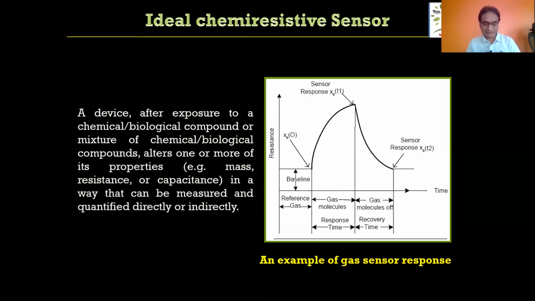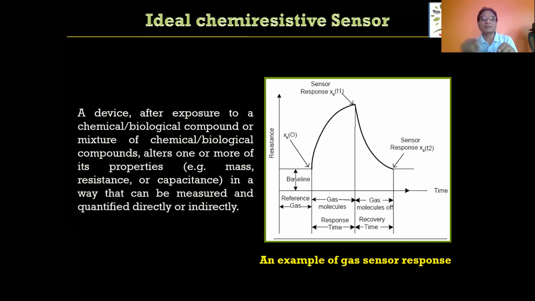Whenever you select any material for sensor development, a chemiresistor is always going to be a two-terminal device. You will have drain and source, and you will bridge that drain and source with some material. Then you apply some voltage. Because this material is semiconducting, it will have its own resistance. So when you apply voltage, because of the inherent resistance of that material, some amount of current is going to flow.